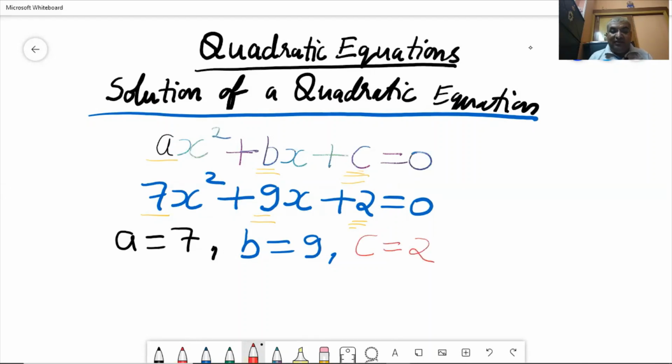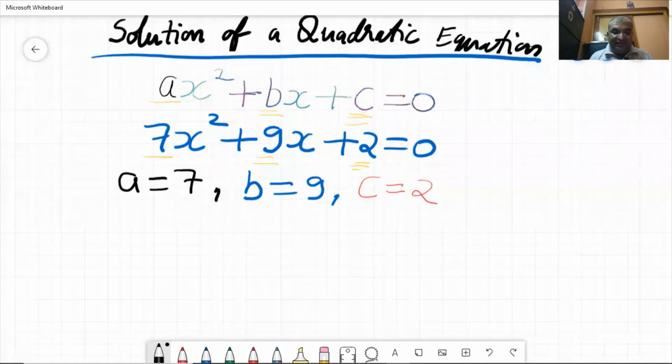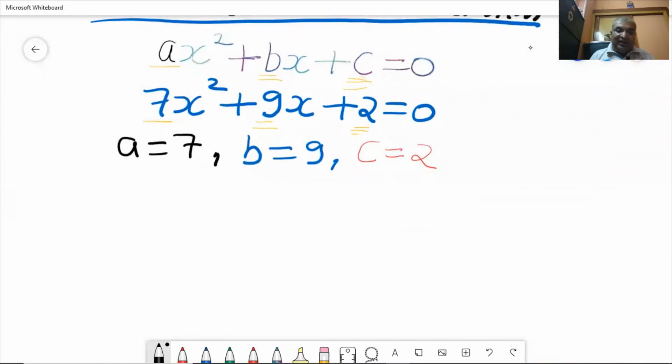So what we have learned till now is that there are three values. First value is a, second is b, the third one is c. A means coefficient of x square, b means coefficient of x, and c is the constant term. Constant means the term which is without x. So now let us move forward very quickly to the next thing after a, b and c. After a, b and c, the next thing is called d. Now d means the discriminant. Please learn, d means the discriminant.